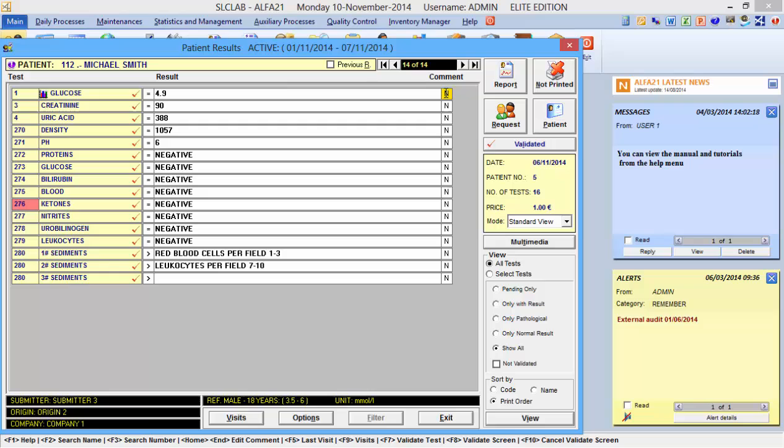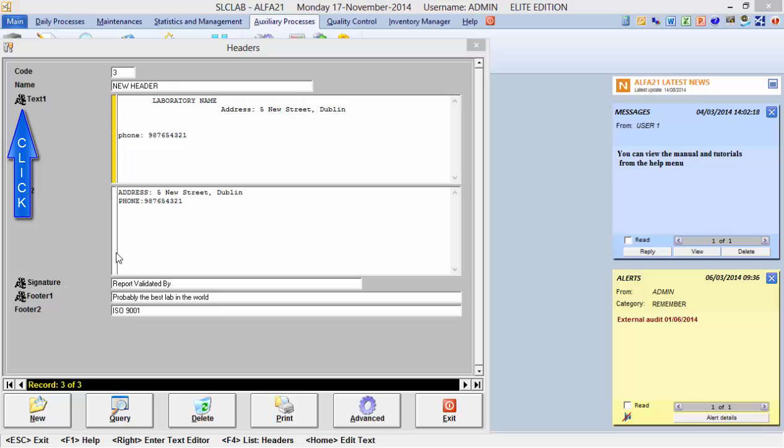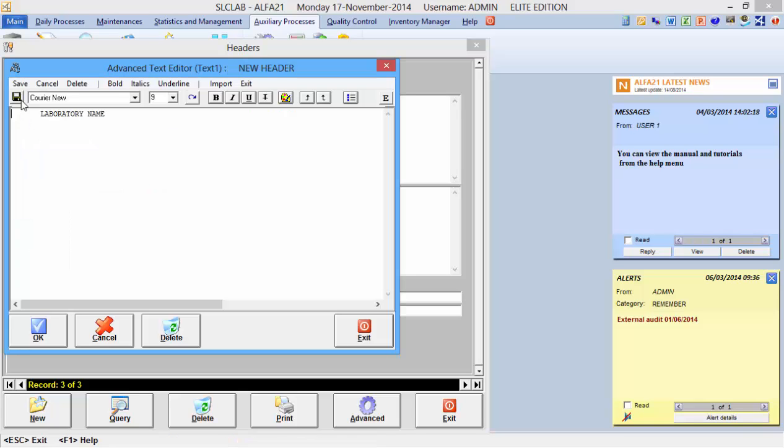We also have the option of changing the appearance of the text in each of the headers. To do this, we go back into the header configuration. We press the image at the right of the label to access the text editor. The new formatted header will take up the space of text 1 and text 2, so we must put the